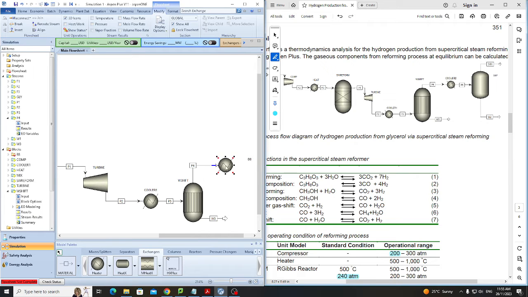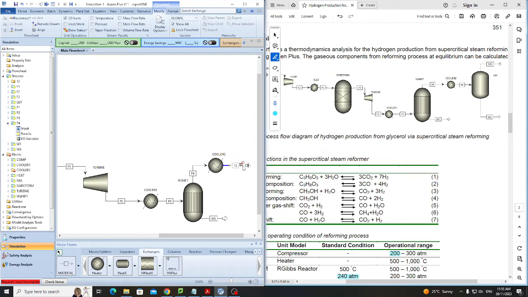Double tap and add. This one is P4. This one is called cooler 2,